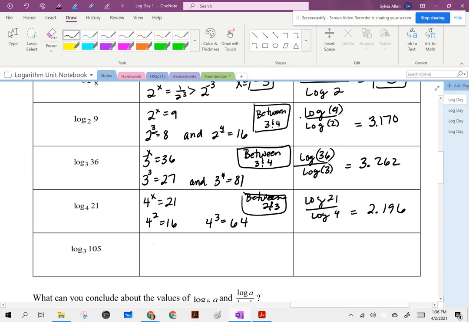All right, last one. 3 to what power gives you 105? So we've got 3 to the 4th, we know, is 81. 3 to the 5th, I'd have to just multiply that out real quickly. 81 times another 3 is going to be 243. So that means it's between 4 and 5. So calculator work, log of 105 divided by log of 3, and that's